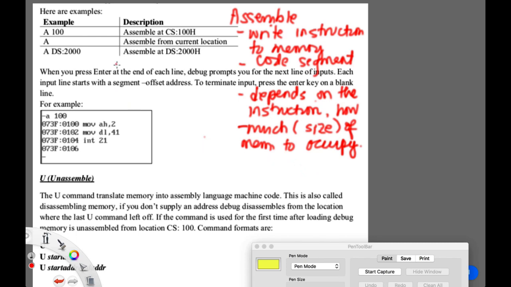As you can see, you may also assemble the program with different parameters. So you can specify the entry address, or you can have also just A. So with A, with assemble alone, say for example, you have A100. If you type in A again, the next instruction will be inputted at the next available address. So you may also assemble in another segment. You just have to specify the segment address itself.